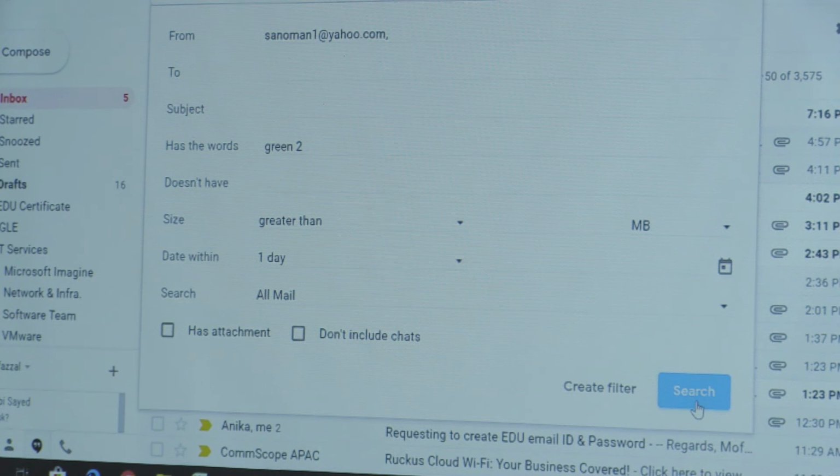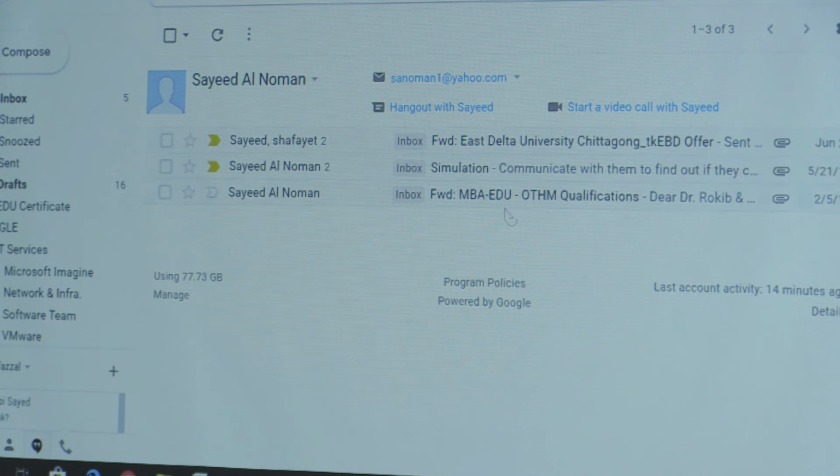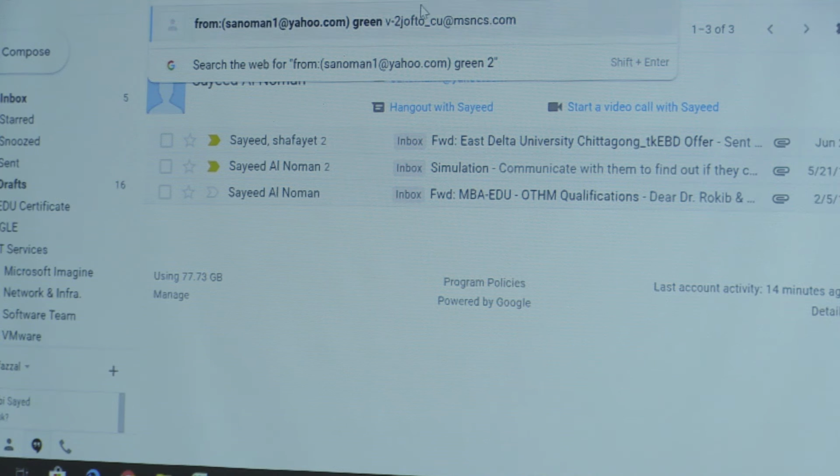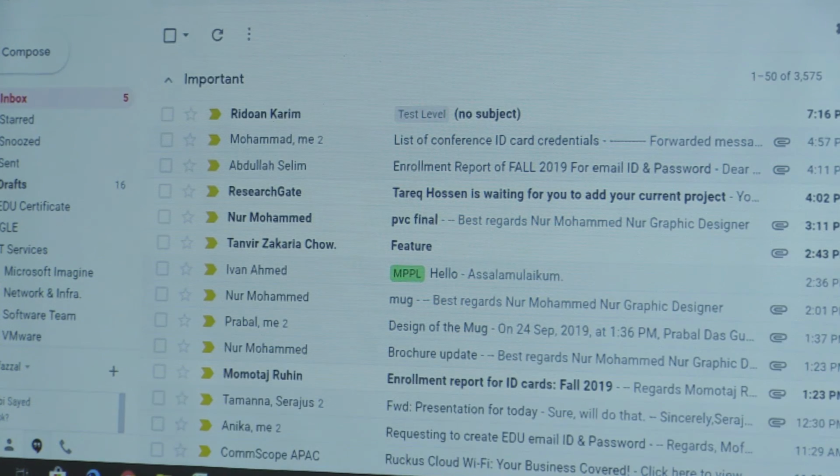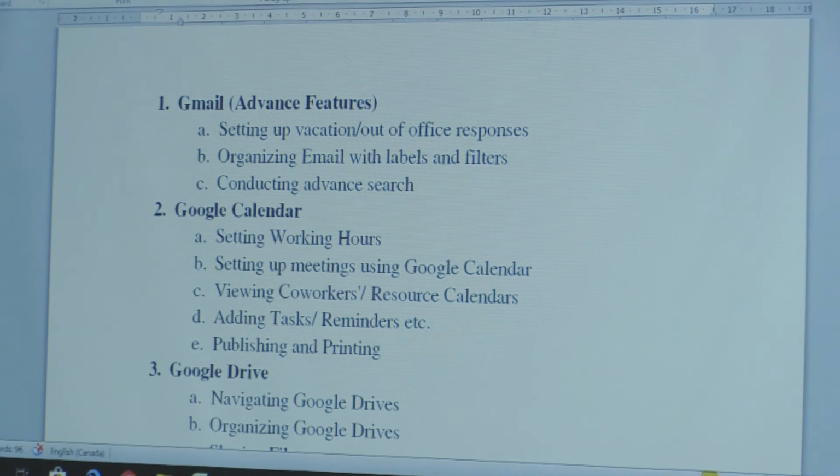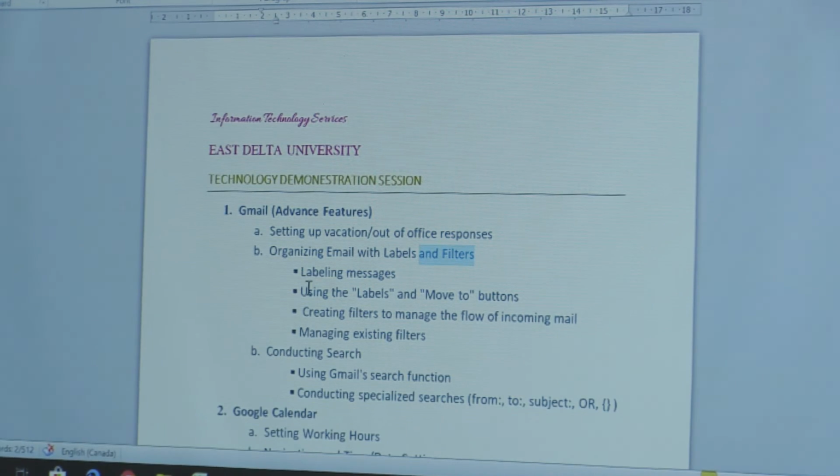Alternatively, you can click on search. So this is how the search is generated in a very meaningful pattern. We'll talk about advanced search later. So I hope labeling and filtering is all set for now, and then we'll go to